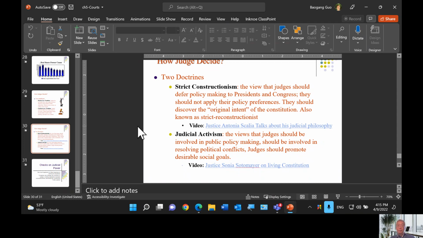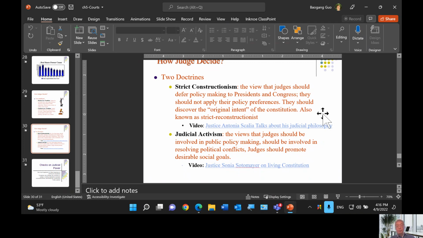So it's not about what the judges believe it should be. It should be what the writers of the Constitution really meant it to be. This is also called the strict constructionist view. And judicial activism is based on the common law tradition, and it gives judges a lot more responsibility.